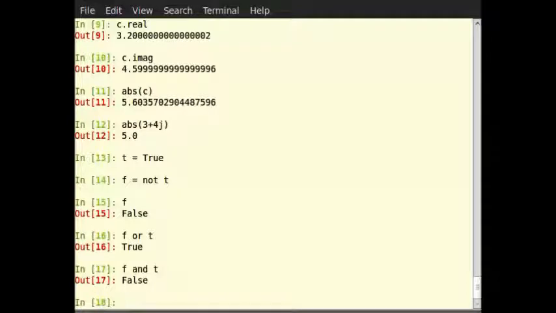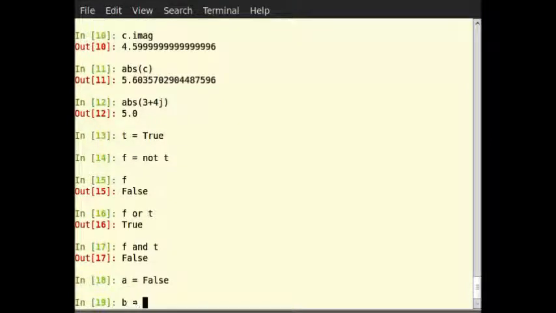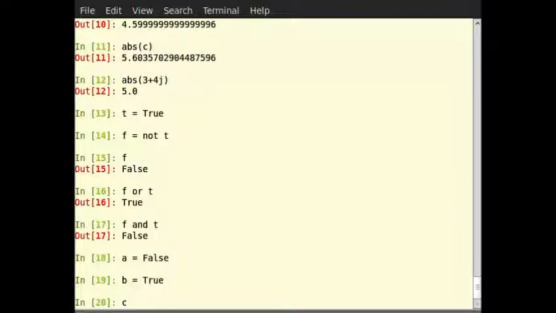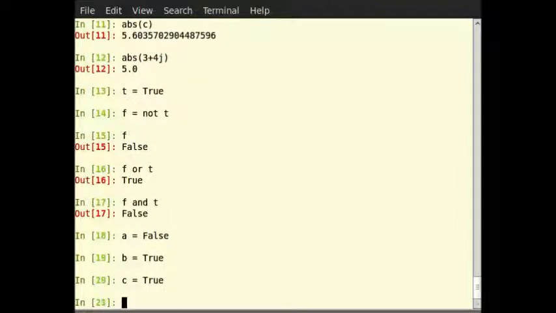The results are self-explanatory. What if you want to apply one operator before another? Well, you can use parentheses for precedence. Let us write some code to check this out. Type a is equal to False, b is equal to True, c is equal to True. To check how precedence changes with parentheses, we will try two expressions and their evaluation.